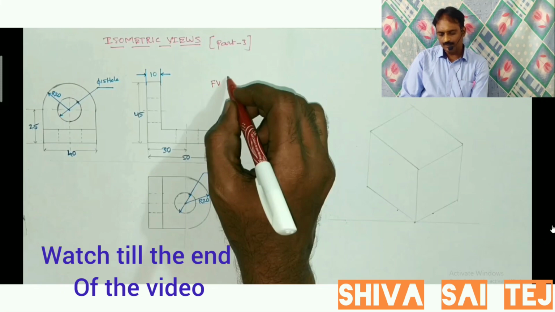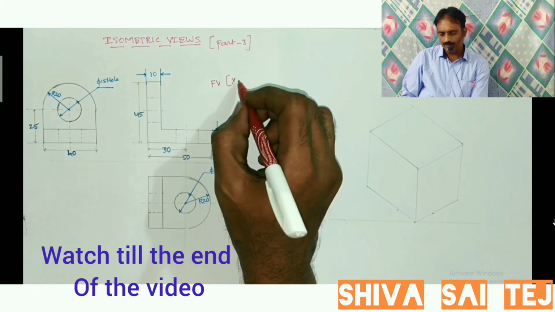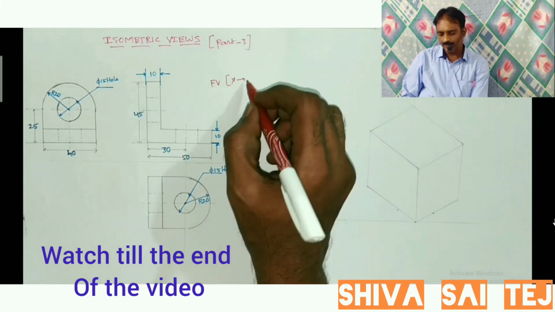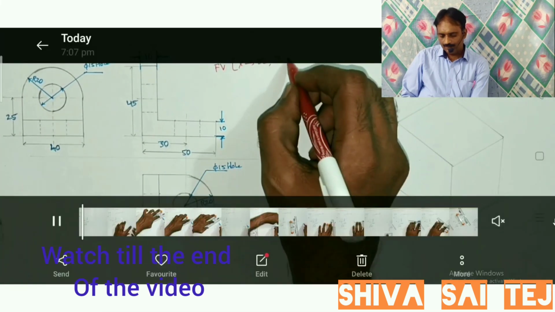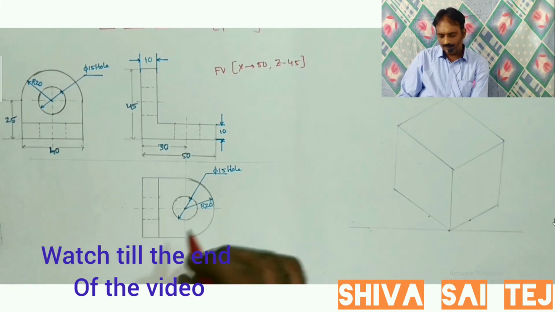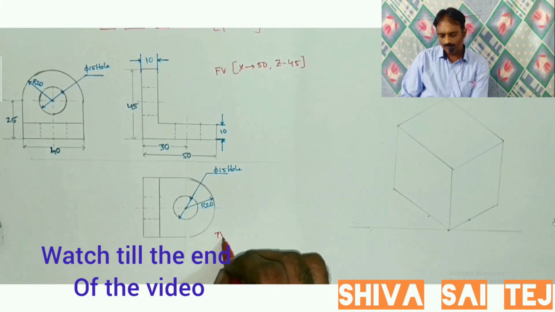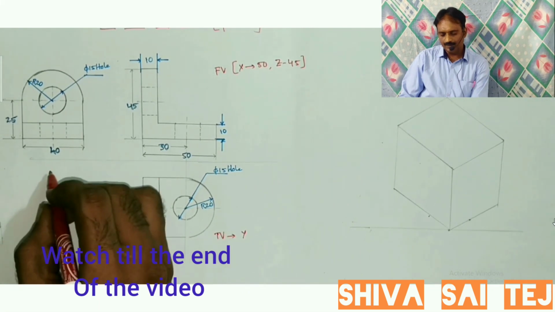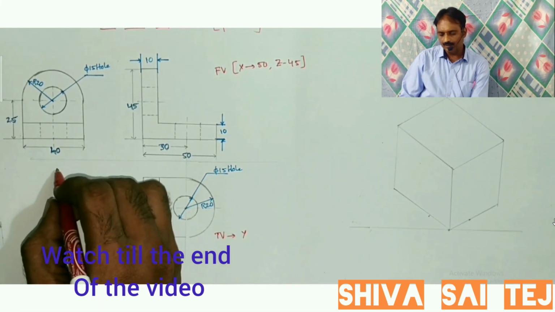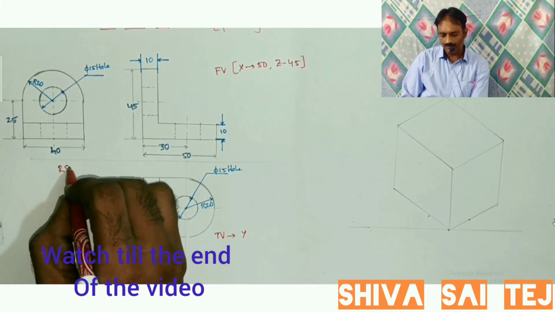So we are given the orthographic views as shown in this diagram. This is the front view, and we know that in the front view we are going to have x and z measurements. The x length is given as 50 and z is 45. And from the right side view we are going to have the dimensions of y and z. Z already we know, and the length of y is given as 40 units.